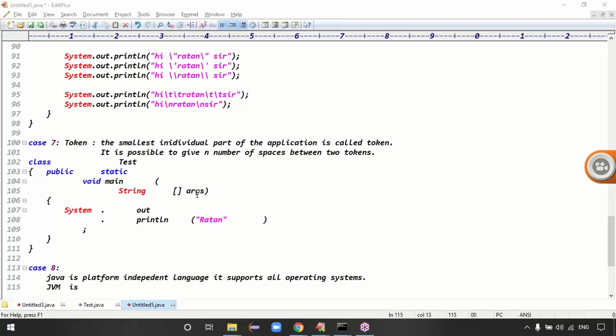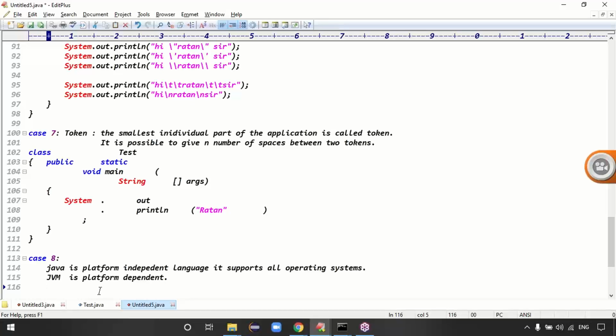But the JVM is platform dependent, right? Exactly, guys, because it comes along with the JDK software. The software changes from OS to OS.